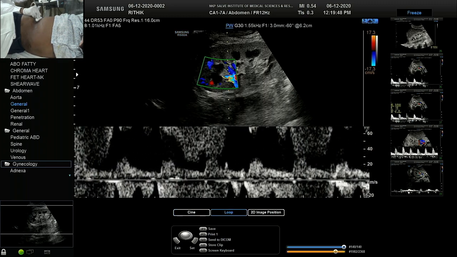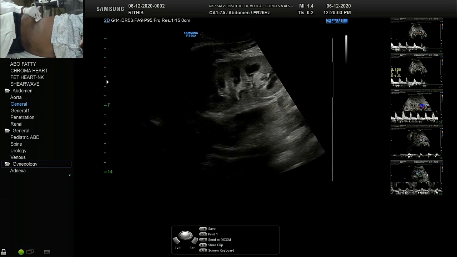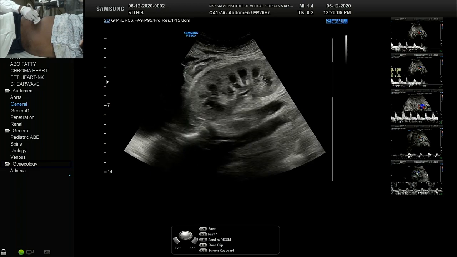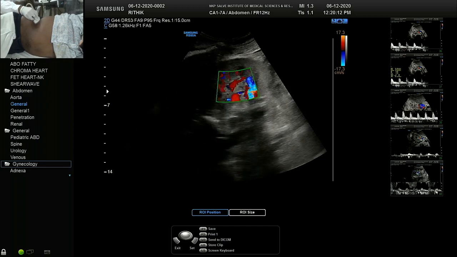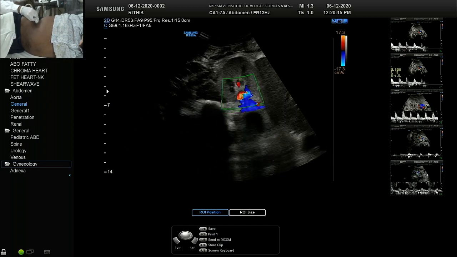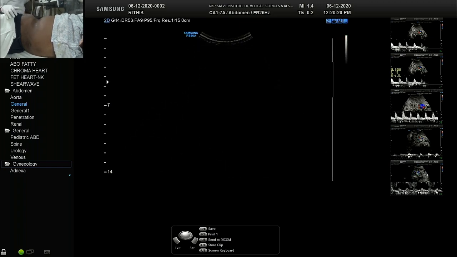So you can see the combination of arterial and venous spectrum here. This is the segmental artery. You're not able to get good spectrum. In this case, you can report that due to poor patient compliance, the detailed evaluation was not possible. However, whatever we can see, the resistivity index is almost normal, and that is what they want from such patients. It is not expected that this patient has renal artery stenosis, but still at least sampling one or two waveforms in such patient, we can rule out the renal artery stenosis.